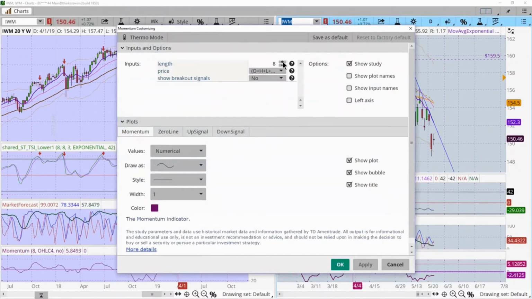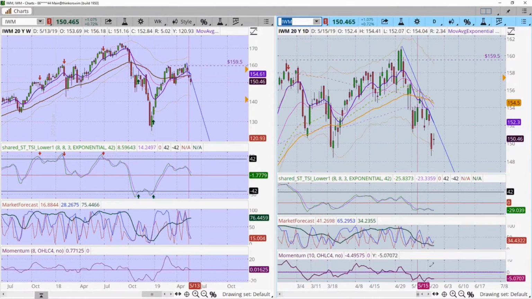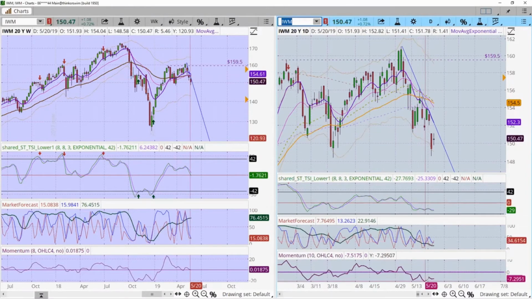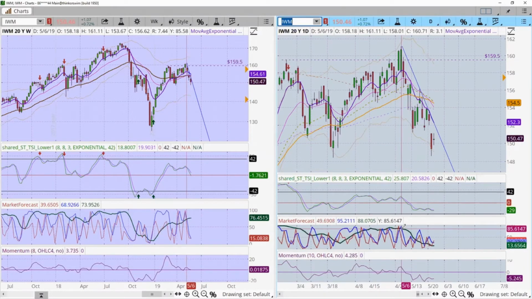The reason I put the momentum back on my charts and am showing it to everybody is that, with the way the market is going, it smoothed it out a little bit. Oftentimes the momentum will bottom or top out prior to the actual TSI or the momentum on the market forecast topping out and rolling over. So sometimes it's a good early indication that, hey, something's happening, guys, be ready.